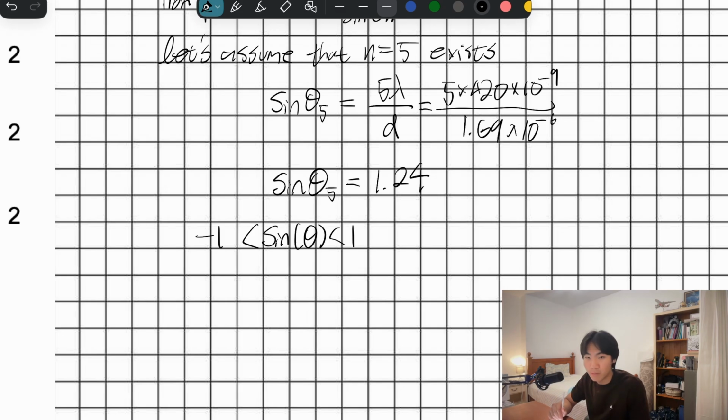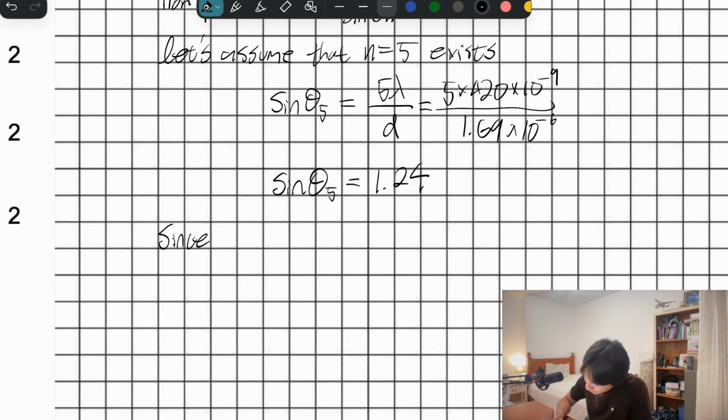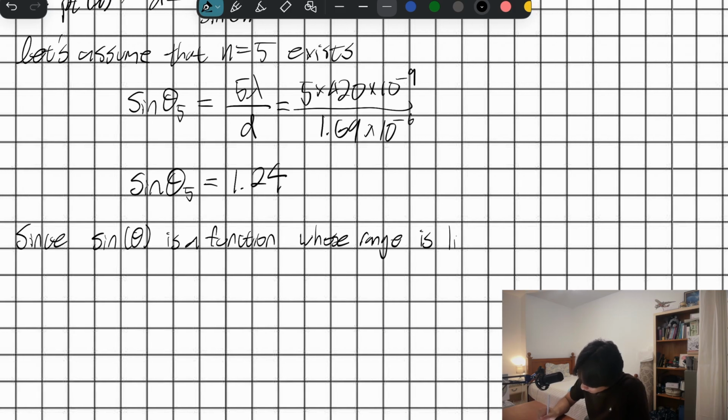Sine can never be larger than 1. So we can justify by saying that since sine of theta is a function whose range is limited to -1 and 1,